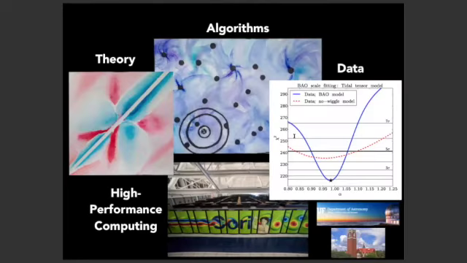This is just a slide about what I'm doing and what my group is doing. I think of myself as someone who does theory, algorithms, and data, and high performance computing is the bridge between these three things for me, because I'm interested in figuring out the signatures we want to search for, then developing the algorithms to actually search for them and figuring out how to run those on high performance computers. This one's actually up the hill. They're now replacing it with a more expensive and faster one. I asked them if I could have this one when they're done with it, but I haven't gotten an answer on that. Put in a good word, anyone at Berkeley Lab.